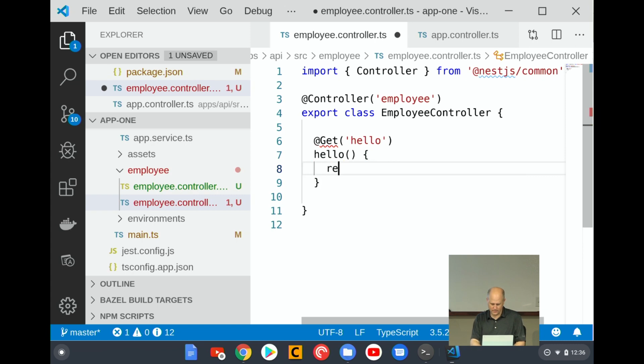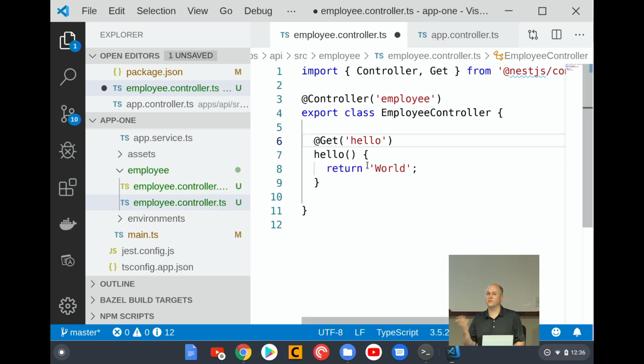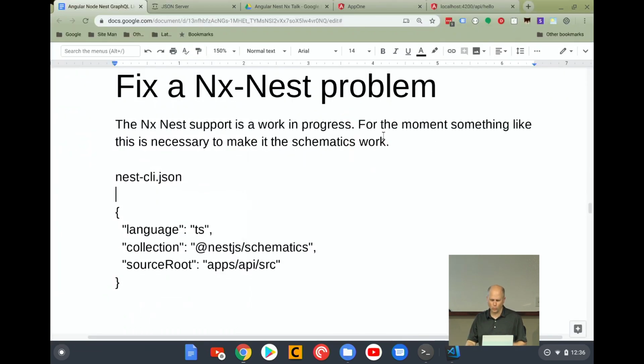And then do that. Now I think I should be able to auto import this if I click, oh yeah, that, okay. So just like Angular, see that was a very Angular-like experience. And I believe it's going to auto-reload this. So I don't think I'll have to do anything at all to go look under employee/hello and get the word